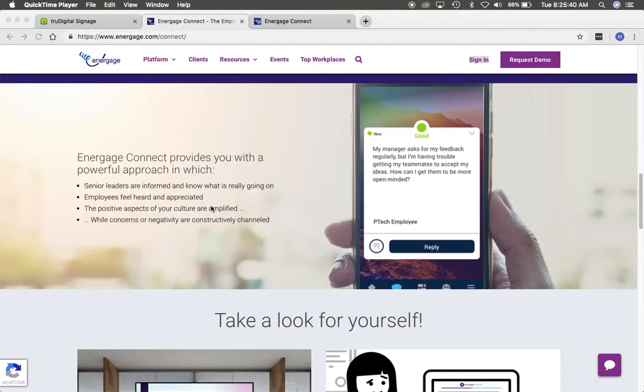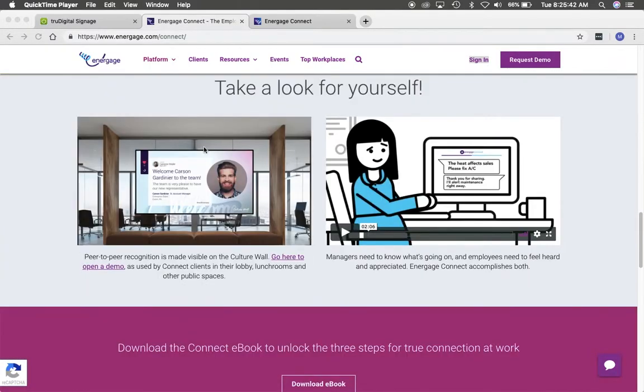at what that looks like. Here's a little example here. Basically, it's peer-to-peer recognition that's made visible on a culture wall. So this could be used for new hires, welcoming someone to the team. It could be for a simple thank you for someone doing something for someone else, a birthday, some type of